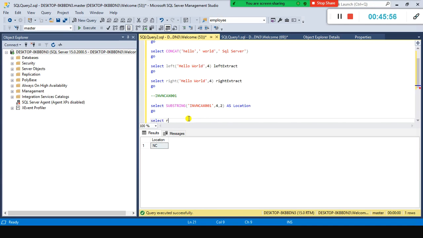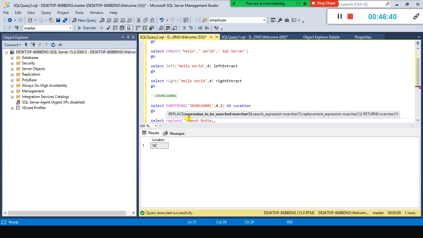For example, I'll show you with the replace function a simple example.